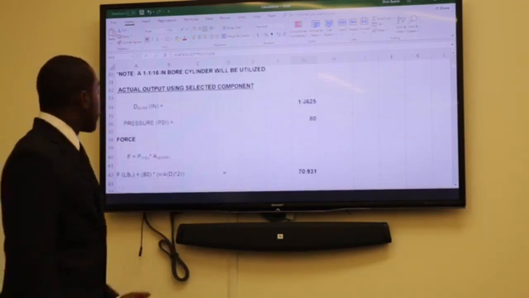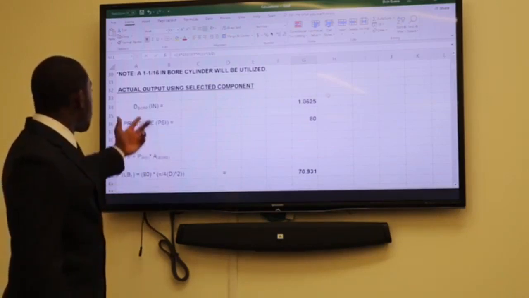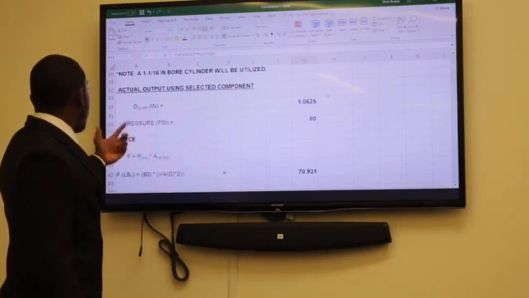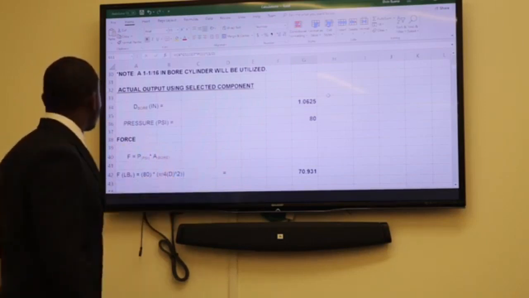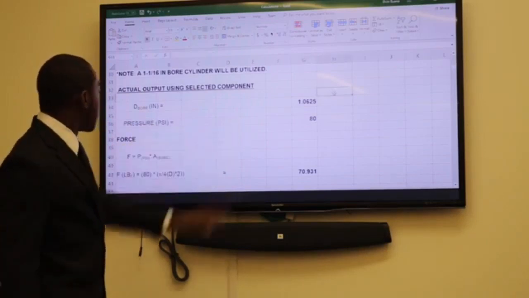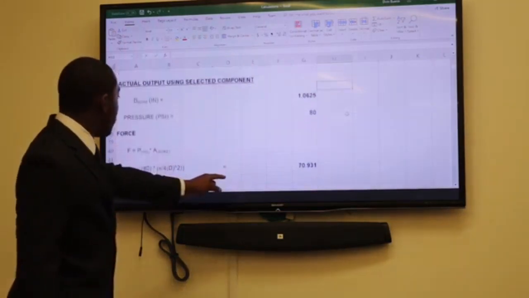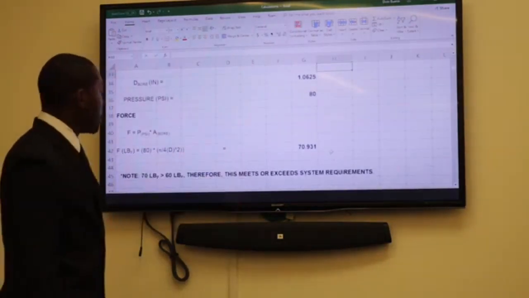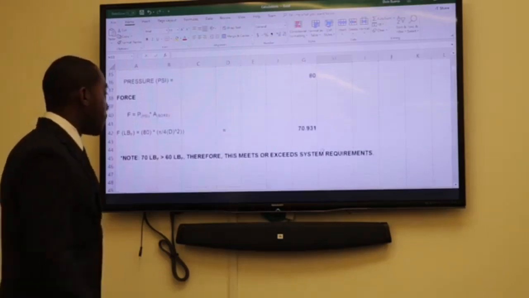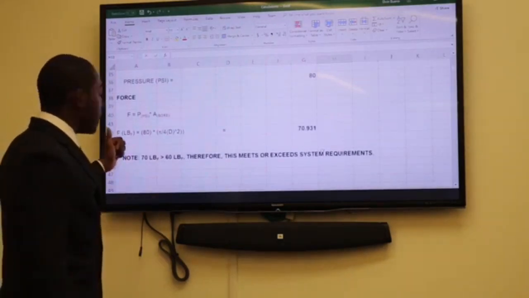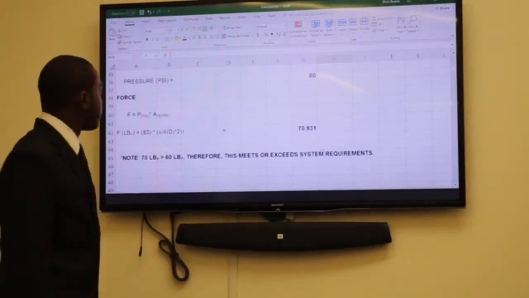Then we back solved using the selected cylinder size. We back solved for the force it will actually produce. And with a 1 1/16 inch bore, we computed a value of 70 pounds, which meets or exceeds the system requirements. Thus, the cylinder can run the system.